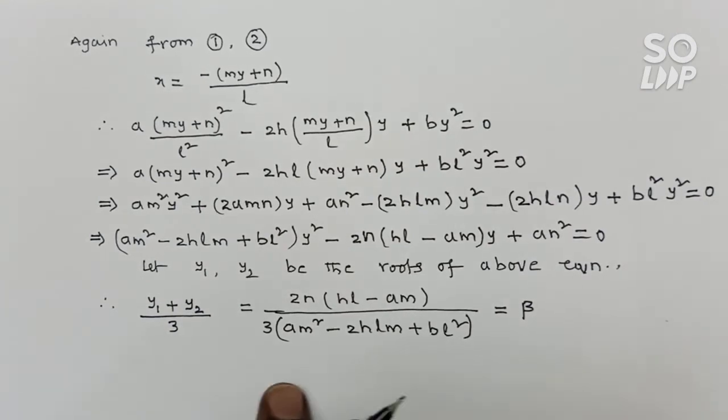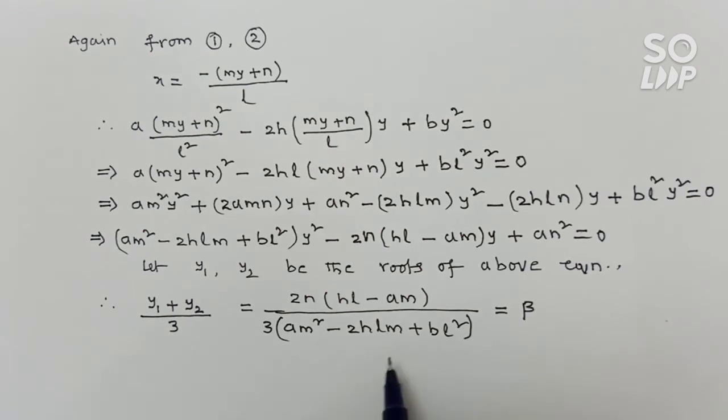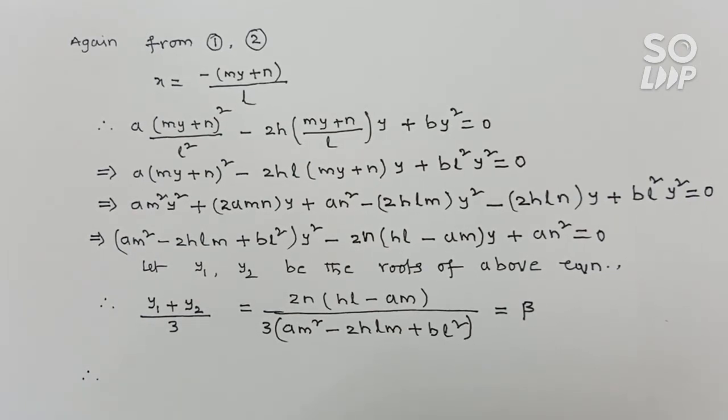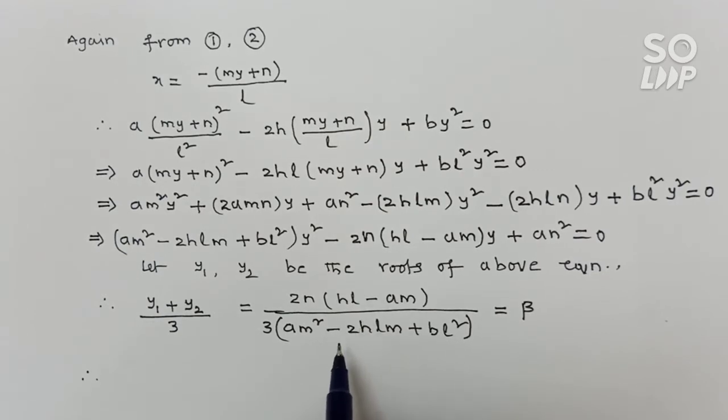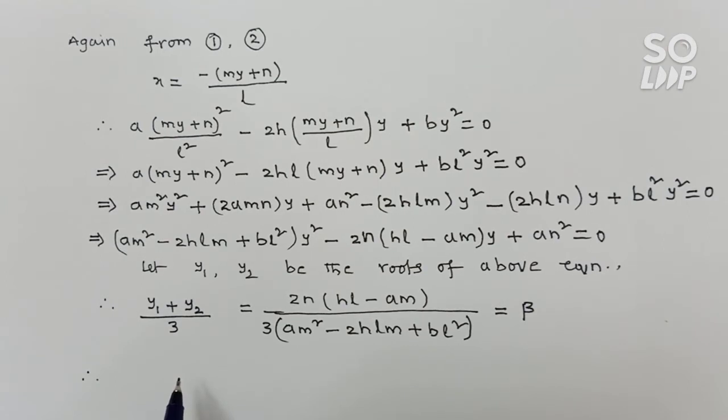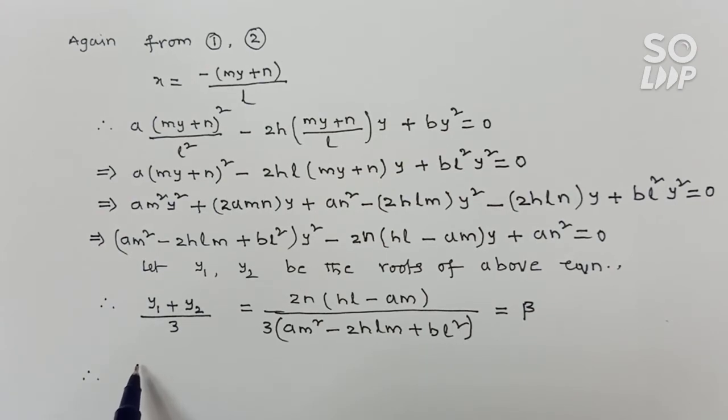So please look at this one. Here you can write that this value will be nothing but, therefore, alpha comma beta. Alpha is equal to, from the above result, 2n into...